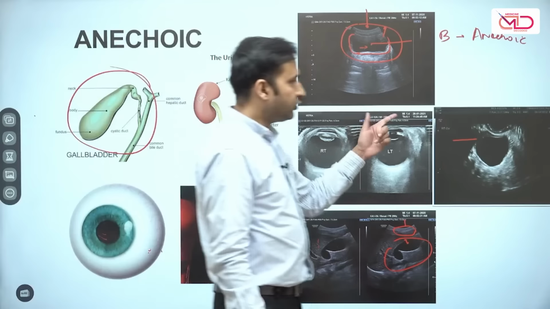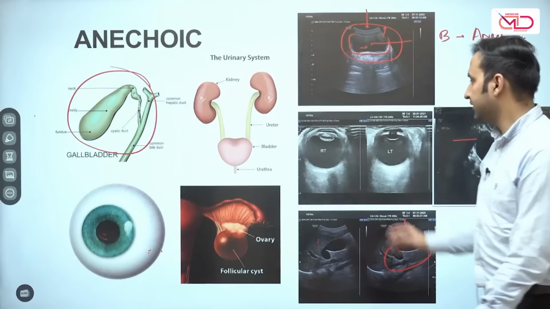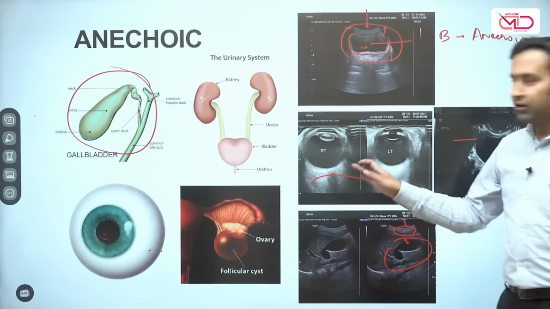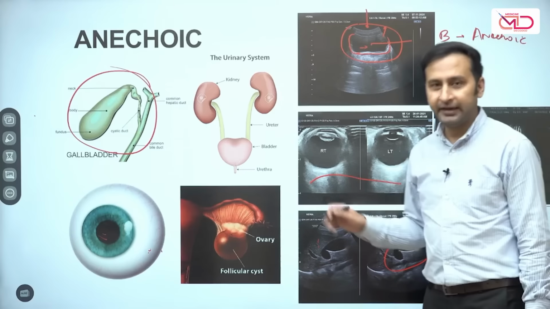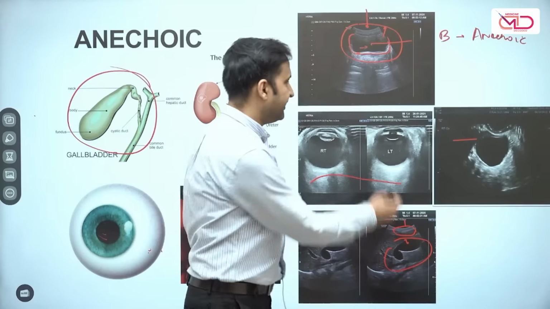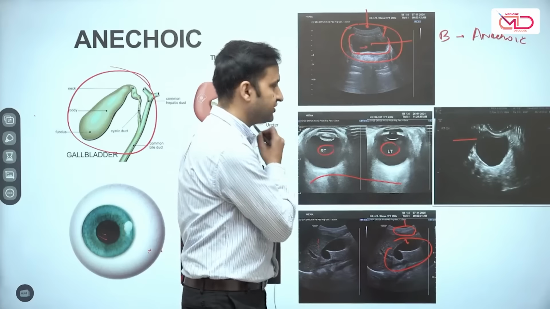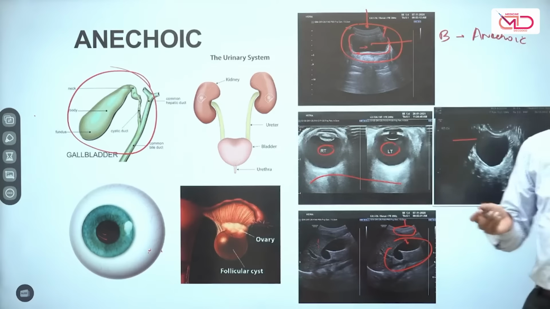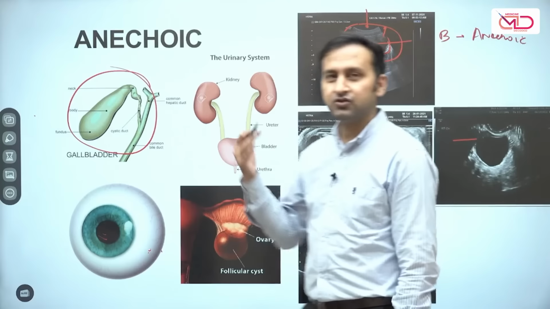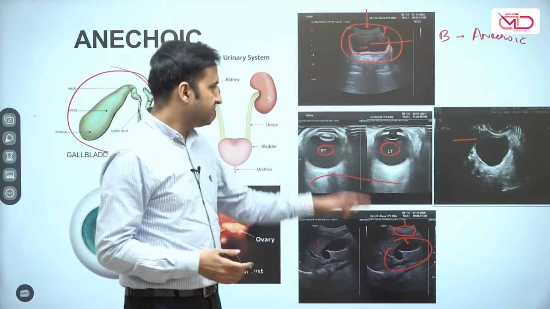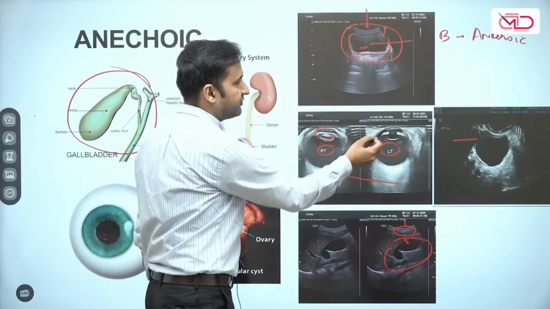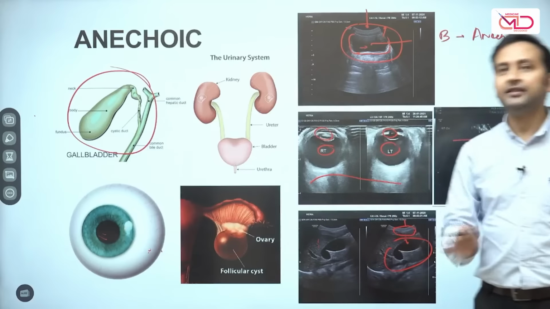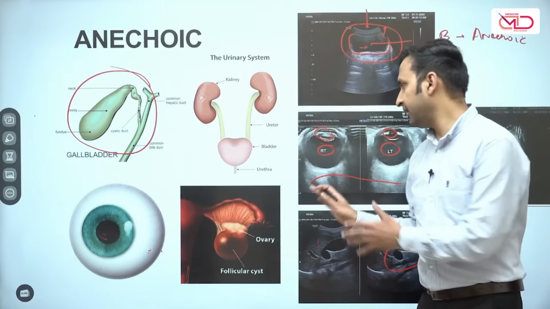So we discussed two bladders, the gallbladder and the urinary bladder. The third thing is these two paired structures, which are ovoid structures. Majority of you can see by the shape that they look like human eyes. Indeed, they are the human eye. You can see that they look black because the human eye is filled with vitreous humor, which is again a fluid. It is not going to reflect any sound waves, and it is going to transmit all the sound waves. And you can also see that there is a certain amount of lens material which is present anteriorly. But the concept is anything which is transmitting almost all the sound waves through it will appear black.